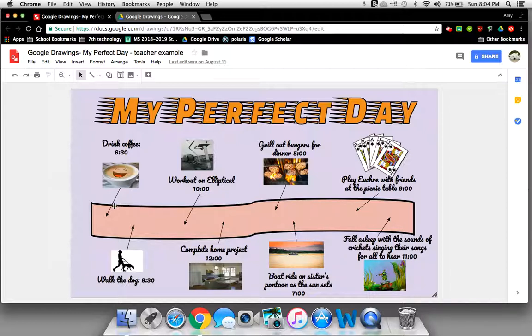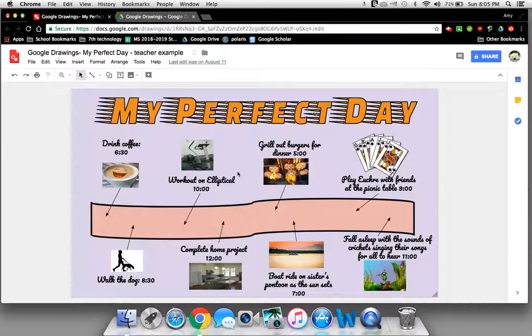Google Drawings is great for doing something like this where you're doing a timeline or simple pictures. Please know that if you need to work with numbers or put in data, you're going to want to use Google Sheets for that. That's going to be a different lesson, which we haven't gotten to yet, but we will. So we're going to take a look at Google Drawings. Like I said, though, if you're interested in doing timelines or something for a class, this would be a great way to make a snazzy looking timeline. So as you can tell,